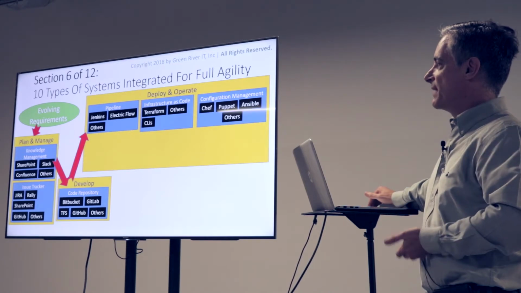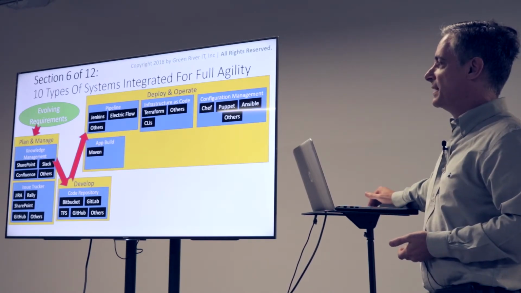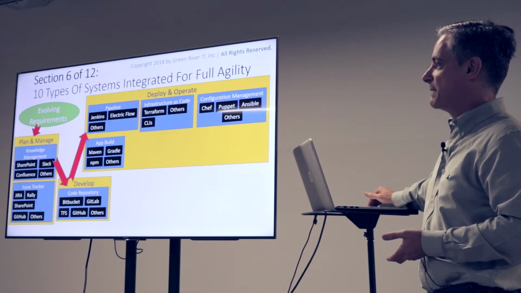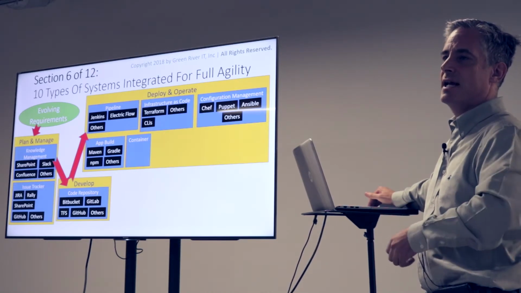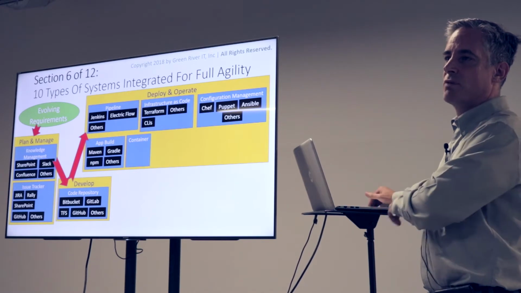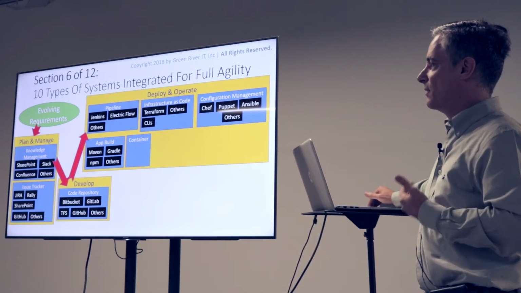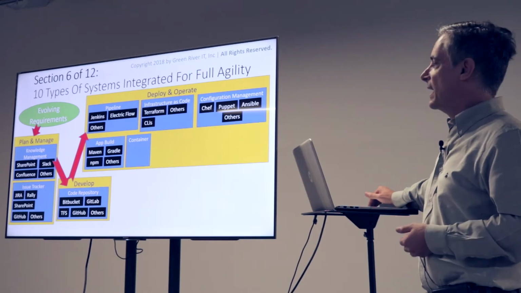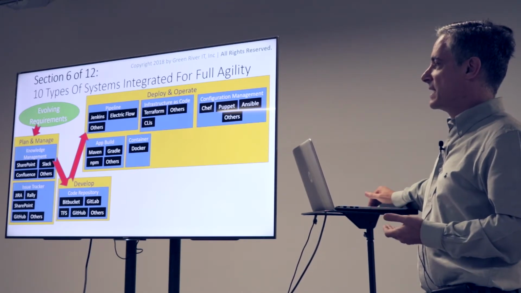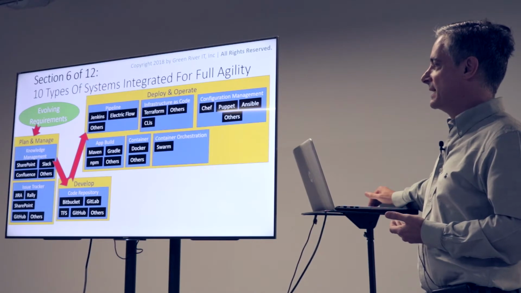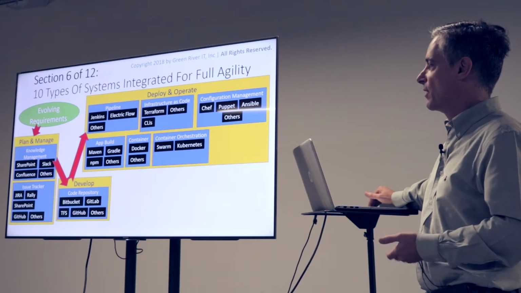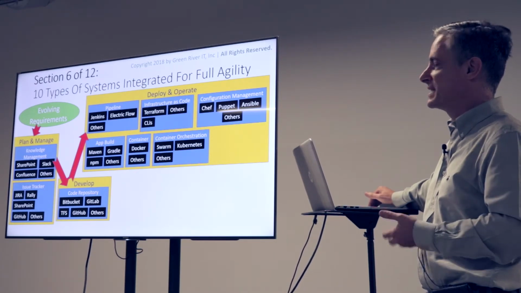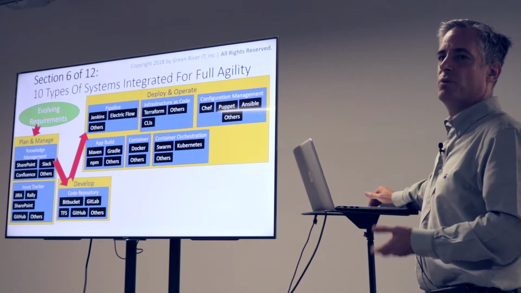your Chef, your Puppet, your Ansible, and lots of others. And then we all know that the apps themselves get built up using tools like Maven and Gradle. And we've got containerization, and essentially what containers are is they create a virtual environment that can then be moved around in a very resource light way. And examples of this are Docker. There are lots of container tools. And then there's container orchestration, and Kubernetes and Docker Swarm are good examples of orchestration tools that again support this idea of being agnostic with respect to cloud.